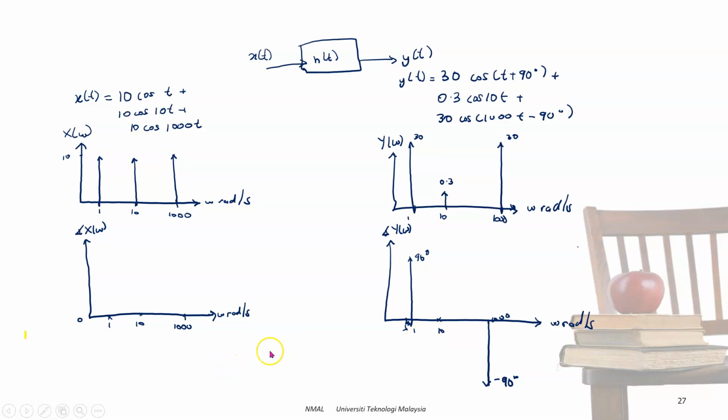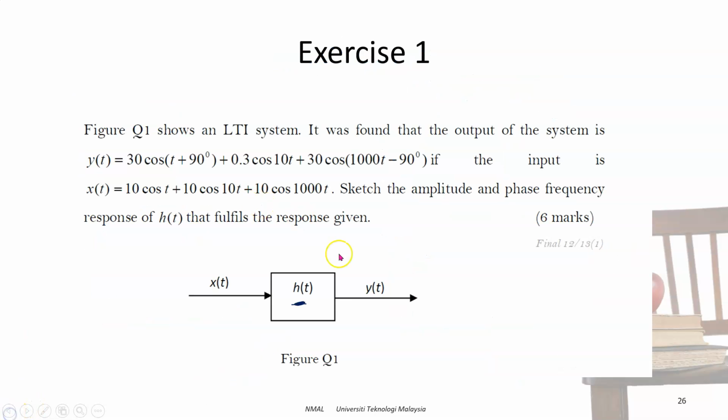So from here, we can actually sketch the ideal response of the h(t). Okay, because h(t) is the one that determines how the output will look based on the input. Okay, so again, h(t) will determine the relationship, or how the output will look when the input goes through it. Okay, so from here, I will put here,